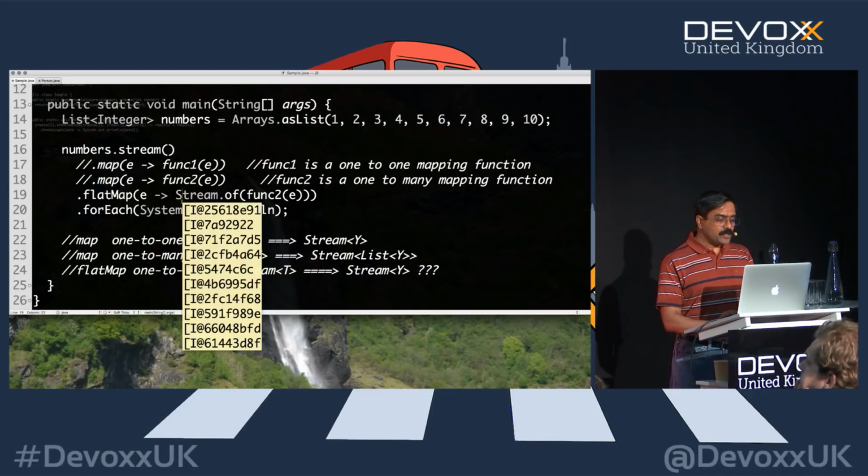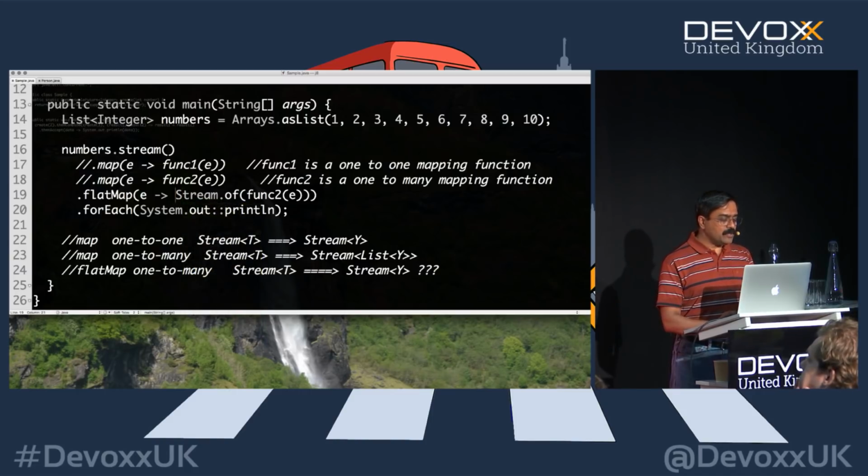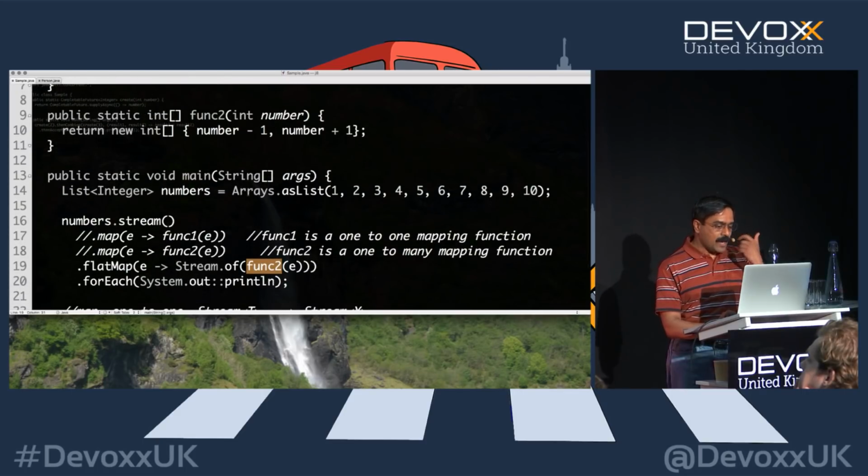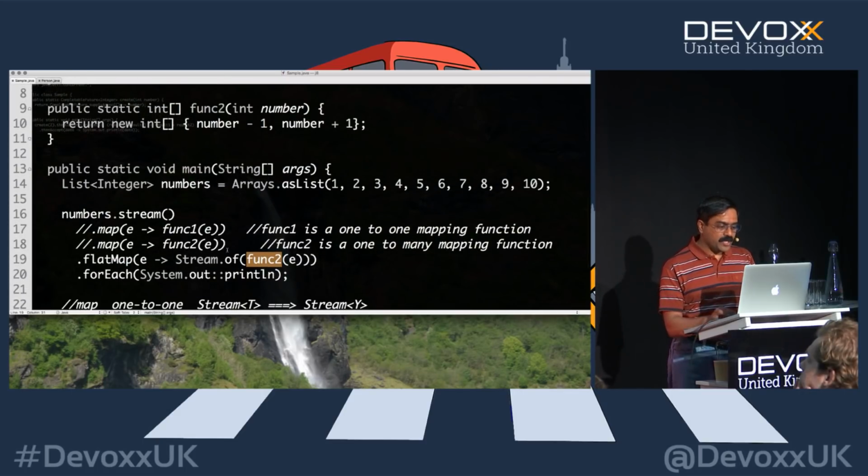So when I execute this code, what is it going to return for us with the flat map? Let's make sure we do this right. So I'm calling the stream of, and then the func2 is returning an int stream, and on that stream I want to return a stream of objects. So let's see why that's not working at this point. This is going to be an array of data that we want to return. Looks like an int stream is not cooperating with me really well here. Arrays, let's try that, dot stream. Let's try that.